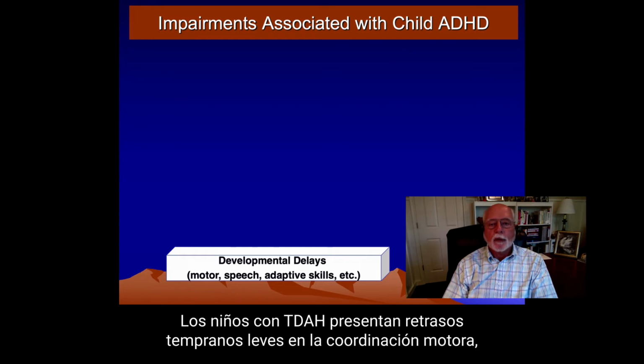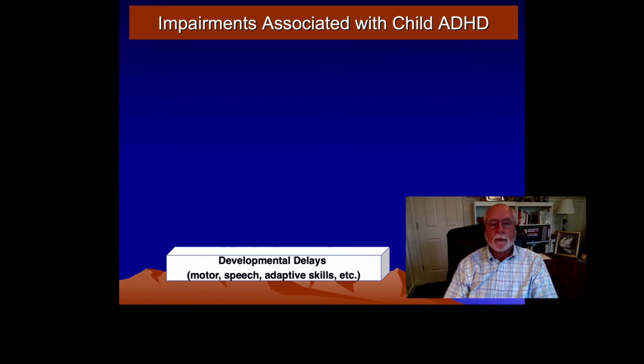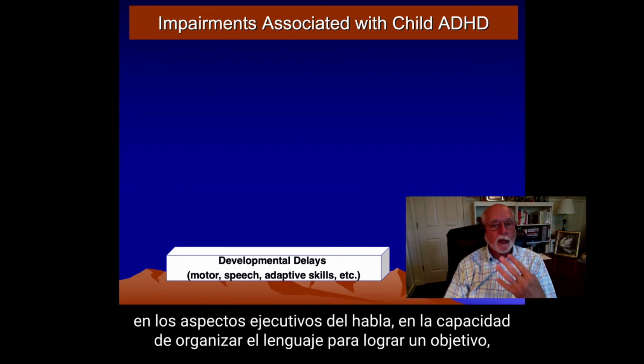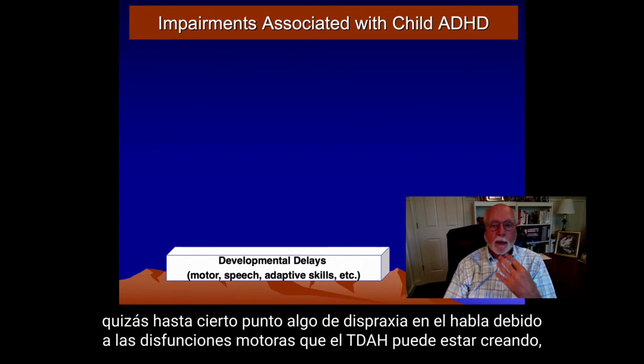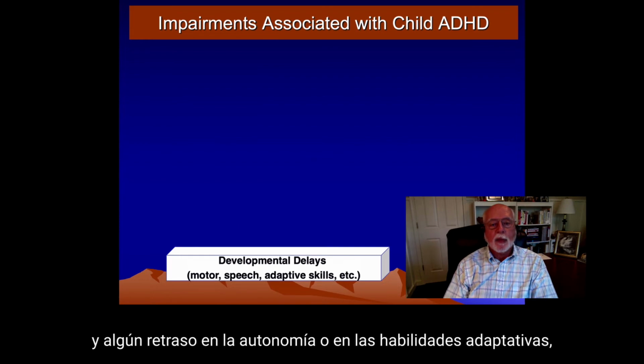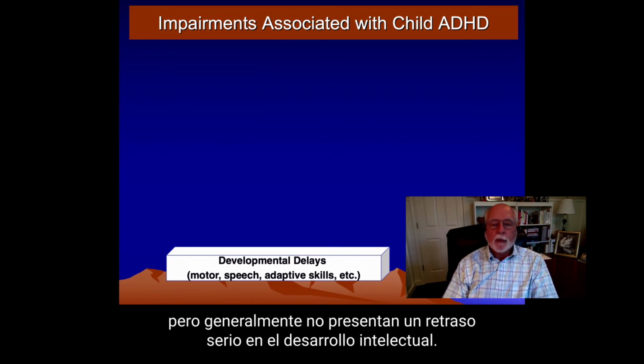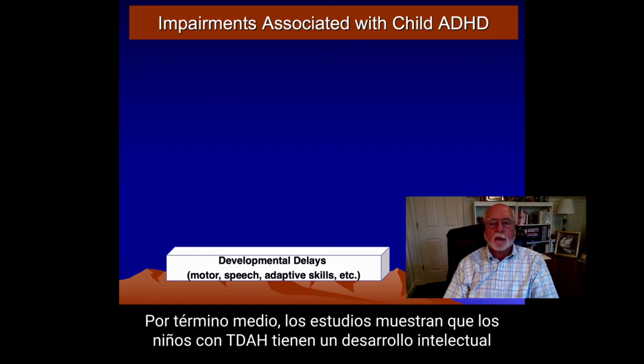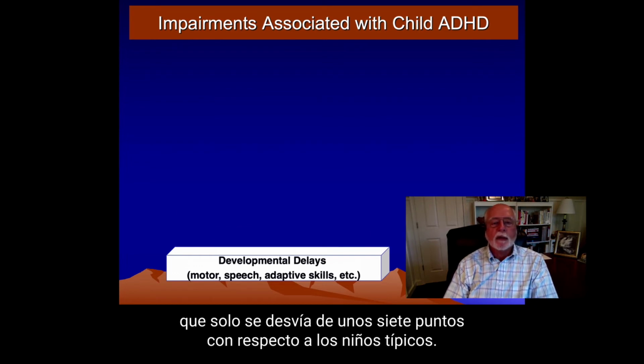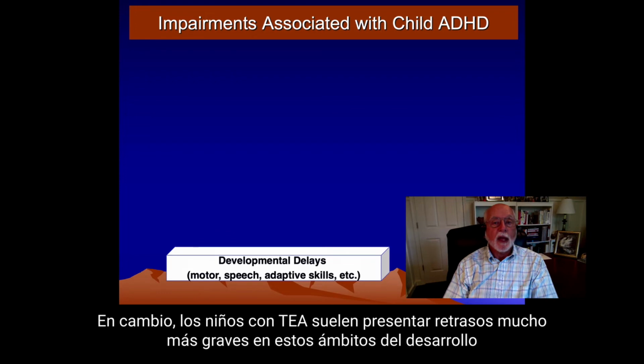ADHD children have early mild delays in motor coordination, in the executive aspects of speech, the ability to organize language to accomplish a goal, perhaps to some extent with some dyspraxic speech because of the motor abnormalities ADHD may be creating, and some delay in independence or adaptive skills, but usually no serious delay in intellectual development. On average, research studies show that children with ADHD have only about a 7-point difference in their intellectual development from normal compared to typical children, whereas ASD children often have markedly more serious delays across these domains of development,